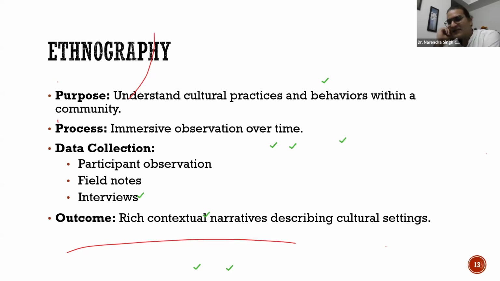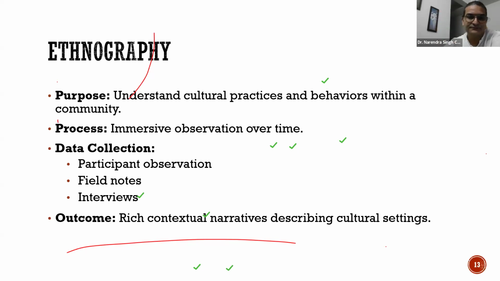Yes, ethnography is time consuming. See, qualitative research takes a lot of time. It's not like quantitative, where you have made the questionnaire, the data got collected, and then you analyze it and you just went away. Because in qualitative research, you have to get yourself immersed in the process. And it is time taking because it is more in depth, right? That is why it is time consuming. Yes, it is, right? So this is what you are getting.